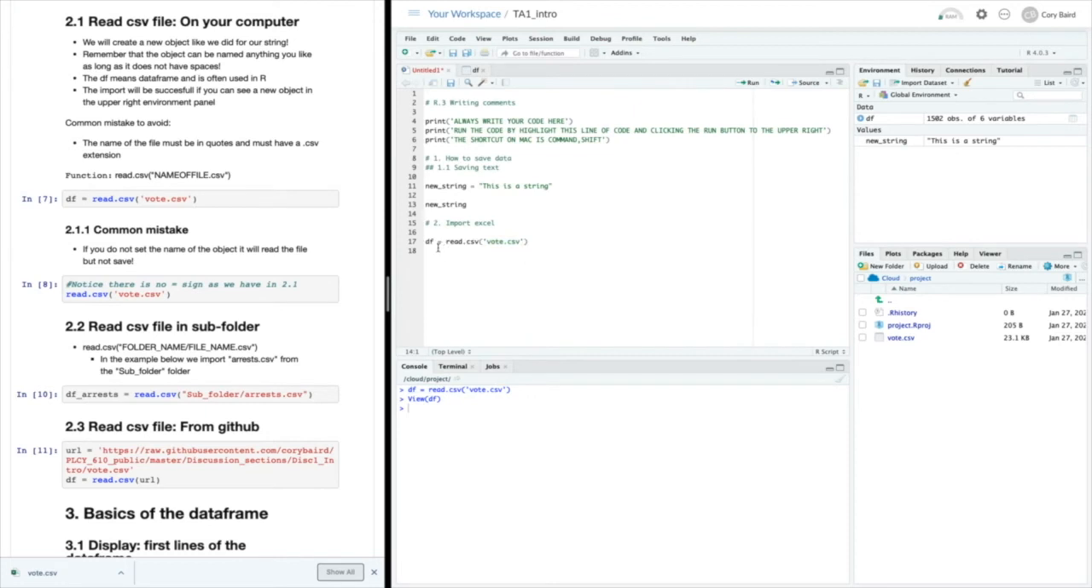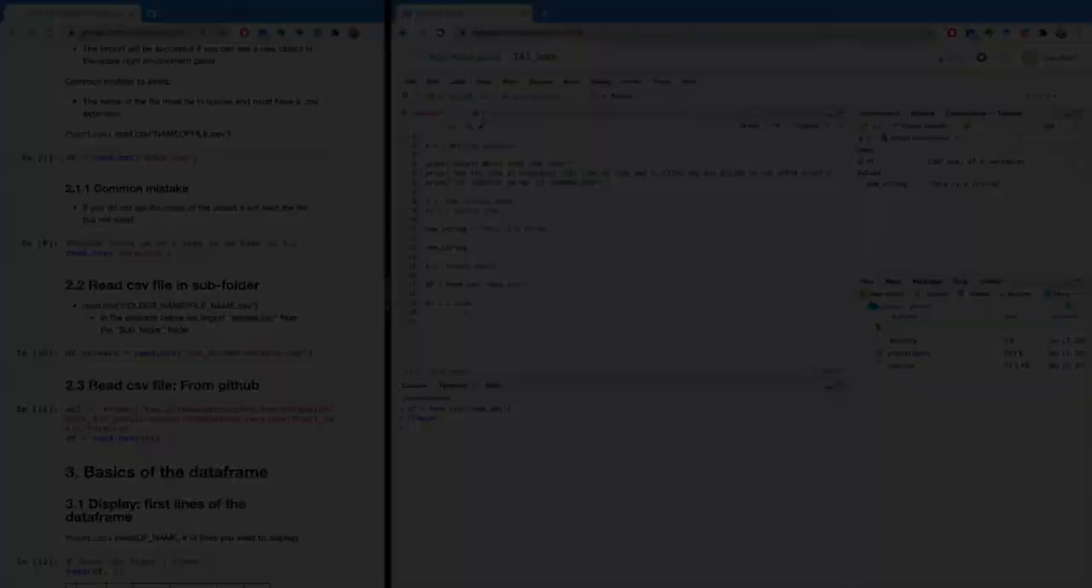Now, a lot of people have problems with not saving data by just typing this and printing, which will just print it off below. Remember, you have to type in a name and then have an equal sign. Now, you cannot have spaces between anything that you want to save. So you can't say df new. It has to be df underscore new or just df new or